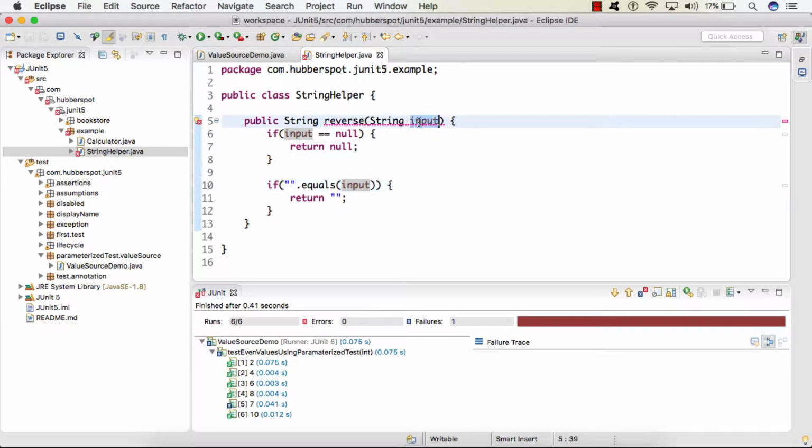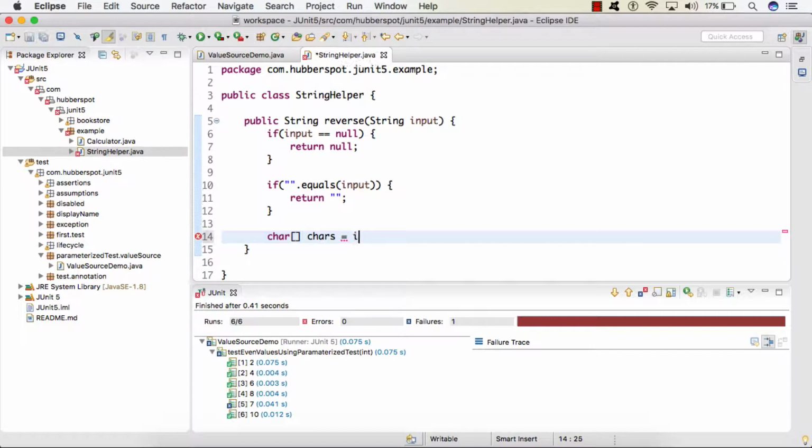And if our input is empty, then when we reverse an empty string, we get an empty value, so we'll simply return empty. And then we'll simply convert this input string to a character array